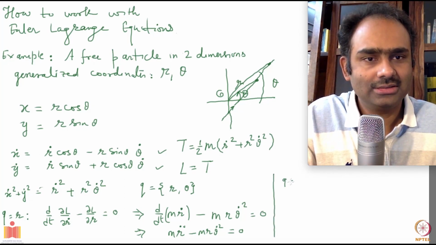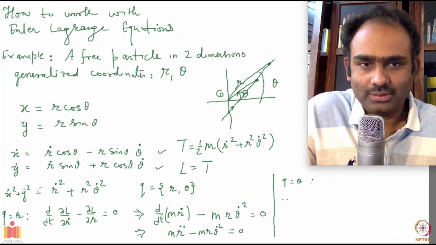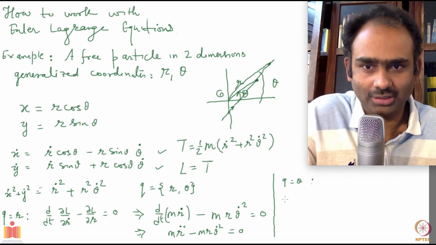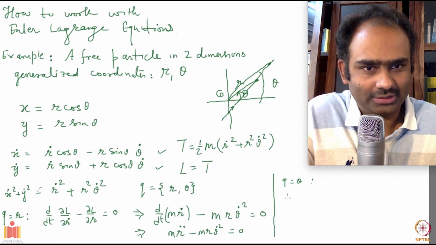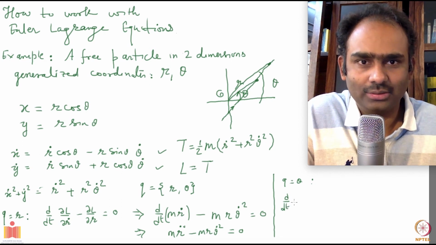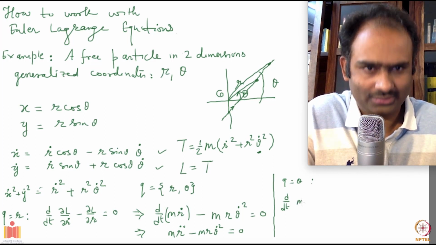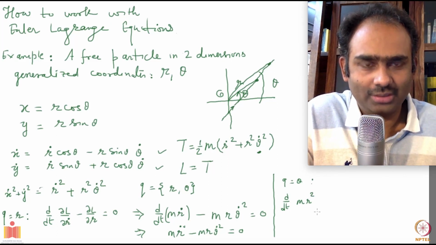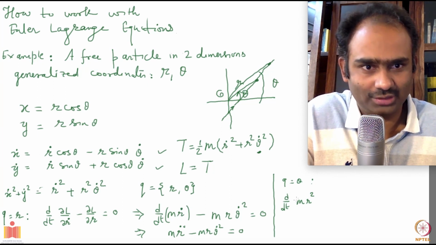Let's look at the q equal to theta equation. Now del L over del theta is 0 because kinetic energy does not involve theta. So that term is gone. I am only left with d over dt del L over del theta dot. So your d over dt and del L over del theta dot will come only from here, and it will be m r square. It doesn't do anything to r square. It's an independent coordinate. Theta dot square will give you 2 theta dot, which has the 2 cancelled the half, so you have theta dot.